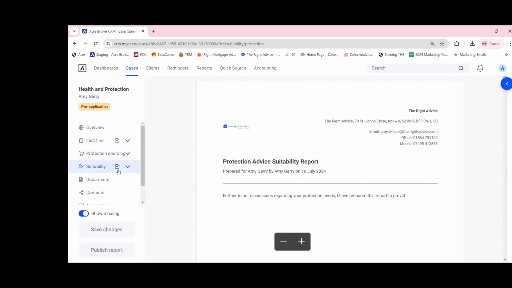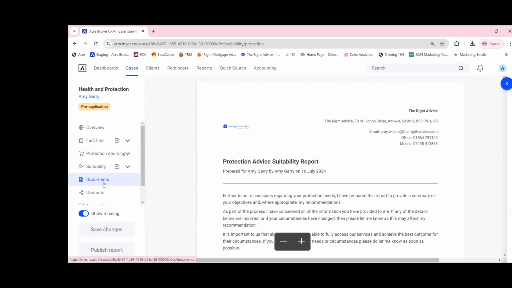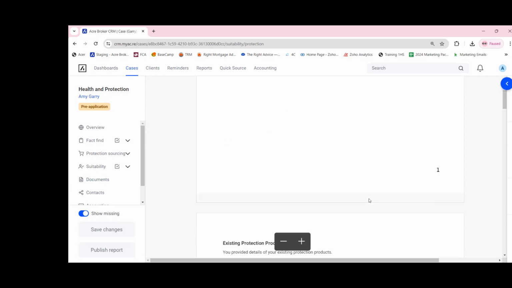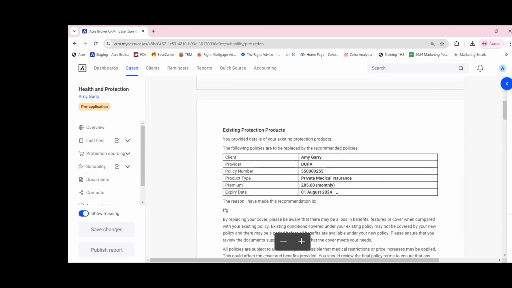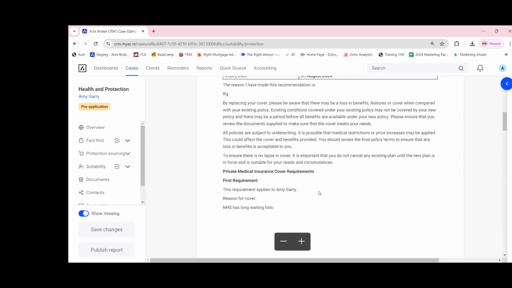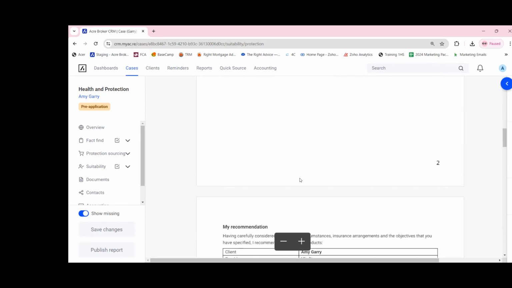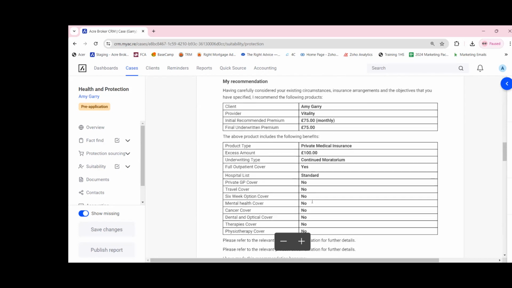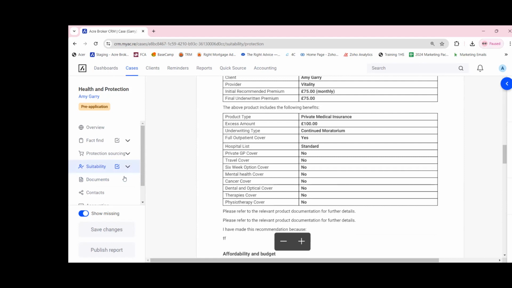So now this will have done my suitability letter and popped it into the document section for me. As you can see, there's actually quite a lot of information in it. What I've been told is that some of the other guys have been copying and pasting this information into their demands and needs, because there's still quite a lot of information being pulled through. It's just not complete yet. So if you want to do that as a little time saver, it has already done it, so you can copy and paste it out of here into our new letter for us. But